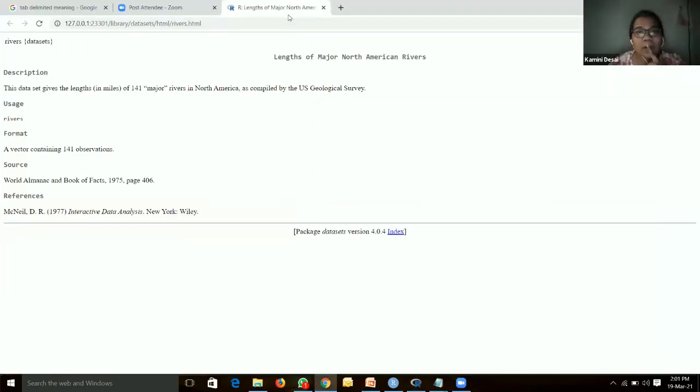Here it is showing the history about that particular data. This data gives the length in miles of 141 major rivers in North America as compiled by the US Geological Survey. Rivers format is a vector containing 141 observations. The description about the data you can see in your Google Chrome. If you type help rivers.